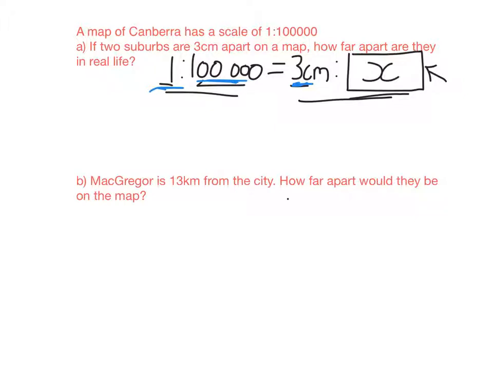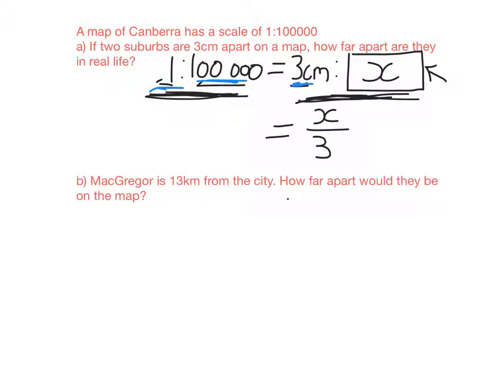an x for the unknown and treat these like fractions. So this ratio can be written as a fraction. It doesn't matter whether you write it as 1 over 100,000 or 100,000 over 1. The second ratio can be written as a fraction. Again, you could write it as 3 over x or x over 3. It's probably easiest if x is on top. So we're going to write this as x over 3, and we want that to be equal to this fraction